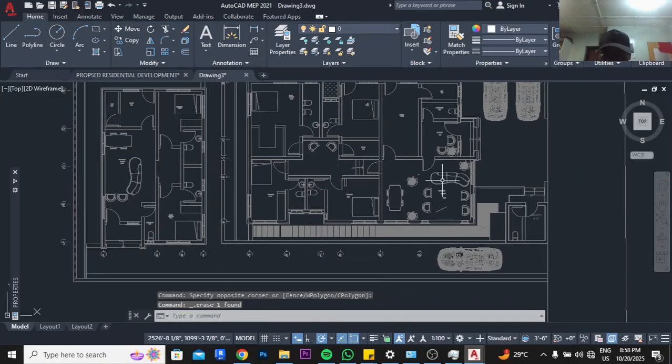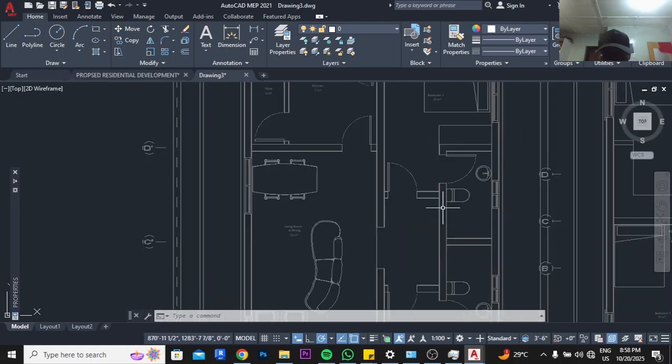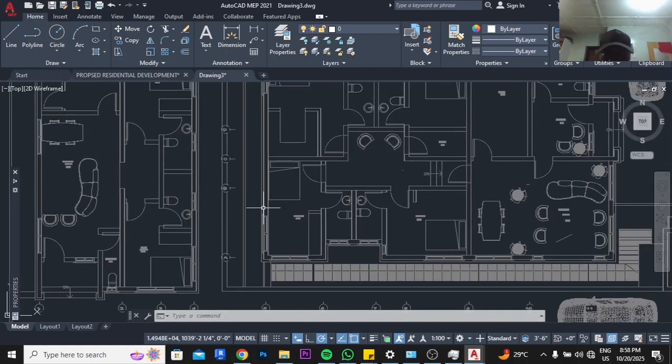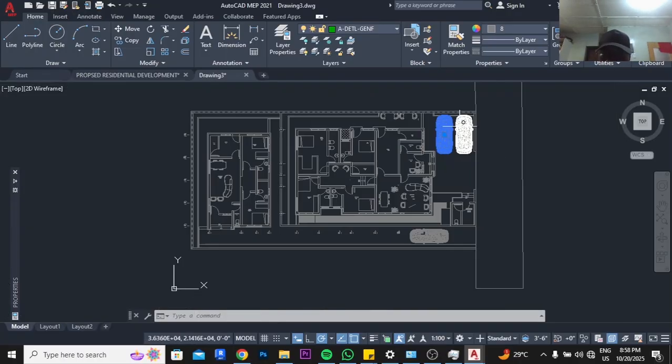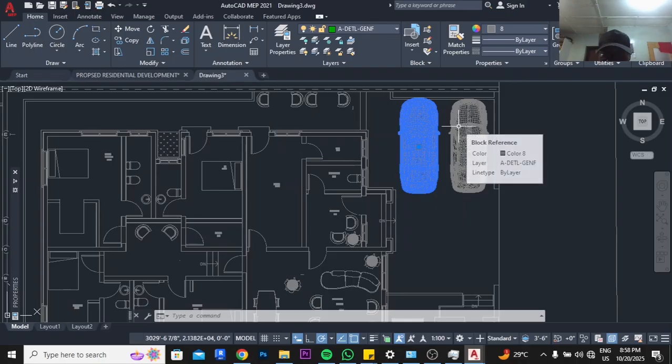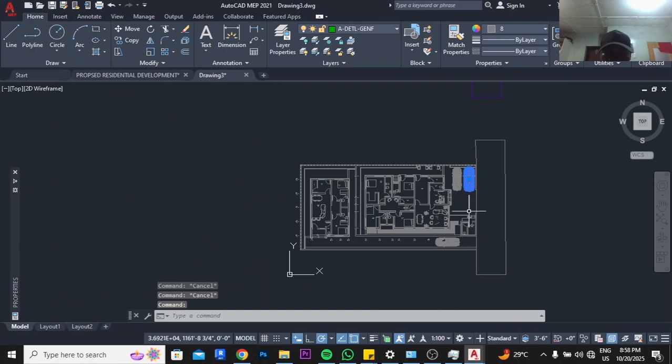Let's delete this. Okay, so right now you can see what we've got. So for this car we don't need to delete it because maybe the HVAC team or plumbing team might want to position an outdoor unit, and if you've deleted it, you'll just be looking as if, oh, this is a space now, why can't we just put our outdoor unit there? So it's like a balance. The best of the best we can do for them is to